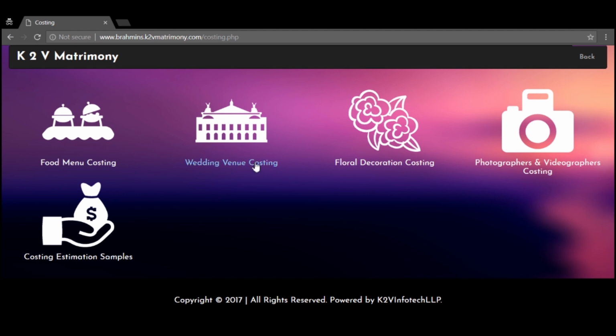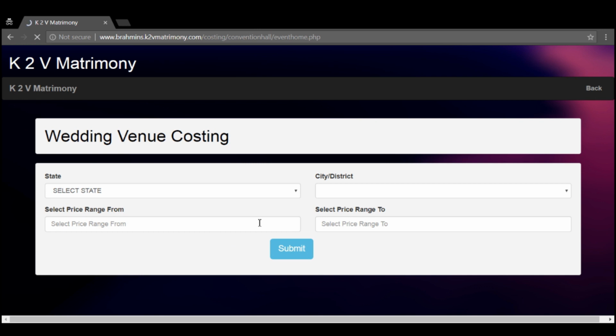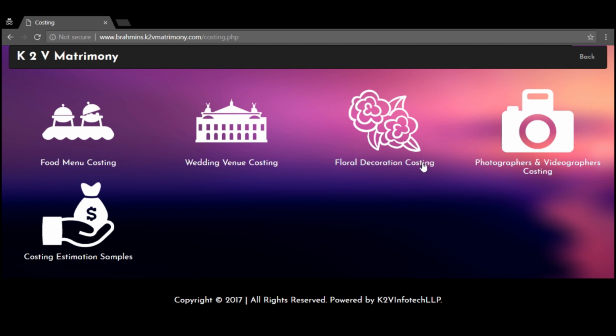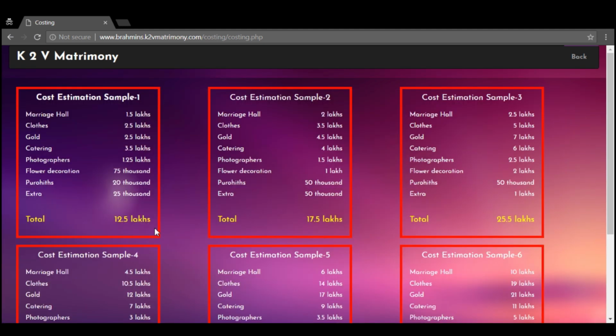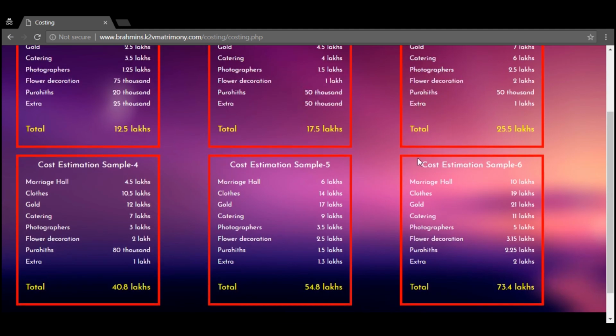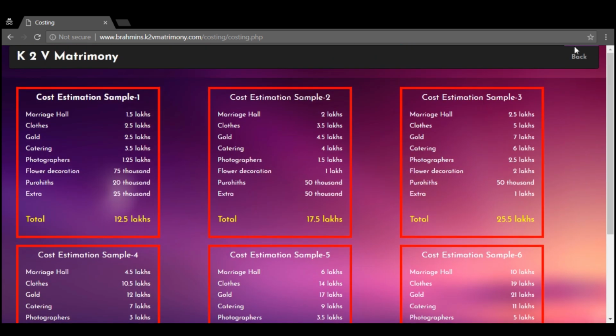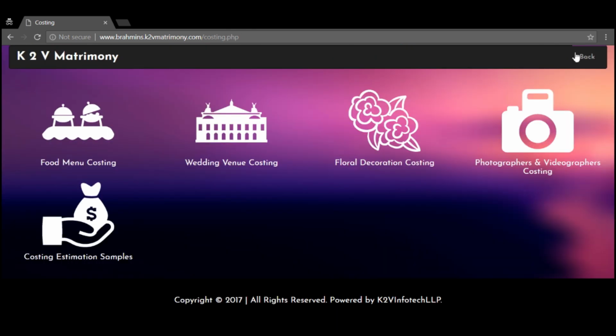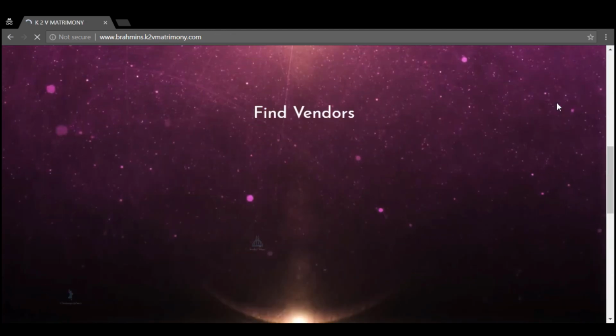Now, coming back, let's see about the wedding venue costing. Coming to this, select a state and then select your city. And then select a price, and then coming back, you have to click on submit. We also have floral decoration, photographers and videographer costing. Now coming to the cost estimation samples, we have a few cost estimation samples, just estimating how much money it would cost. Now going back,